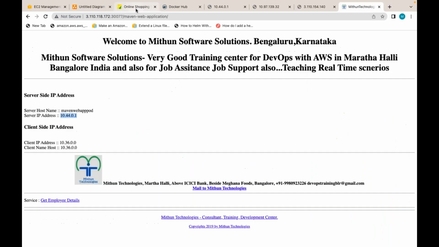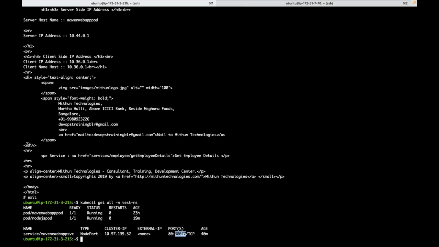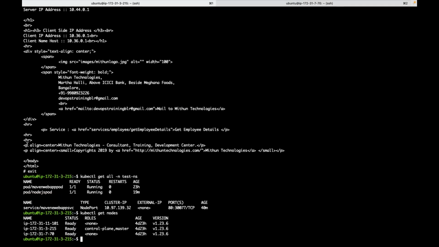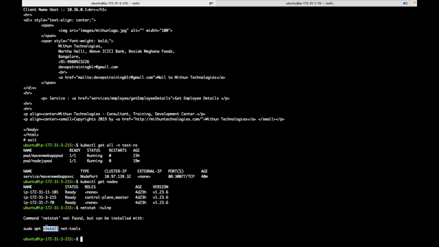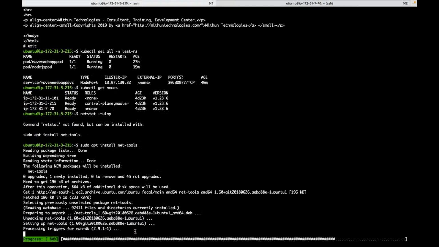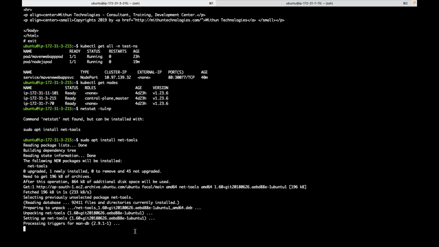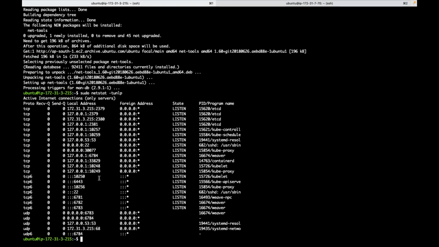Outside, node IP and node port. If you see, when I created a service of type node port, in each and every node, is that port listening? Let me execute this netstat command, netstat -tulnp. These are the options. The netstat software is not there. Let me install this netstat. Now let me use this command, sudo netstat -tulnp. Now can I see that port